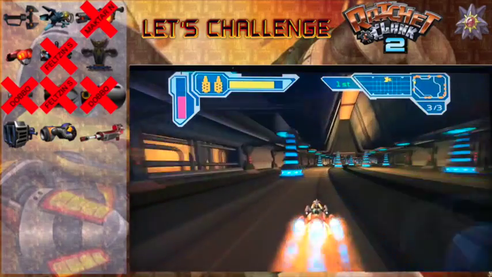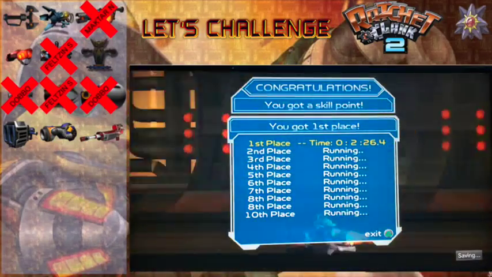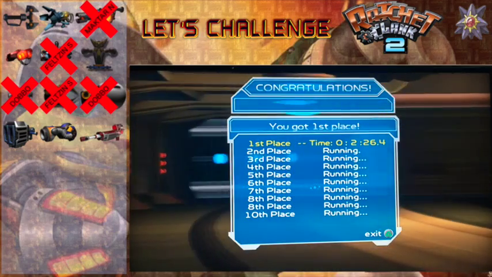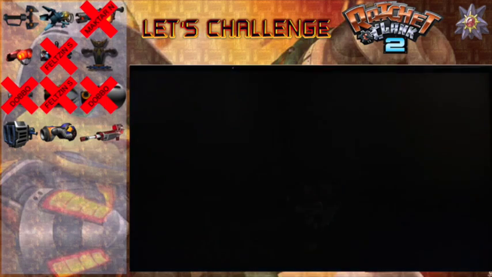So we ruined some more people's day, and there we go, we finish in 226.4, and we even get a skill point. So there is a skill point, as there was in Barlow, for doing this in under a specific time. Normally, I only get that skill point once you actually...